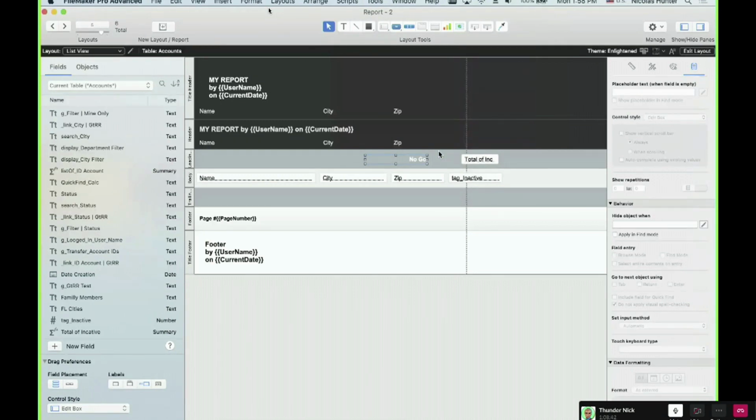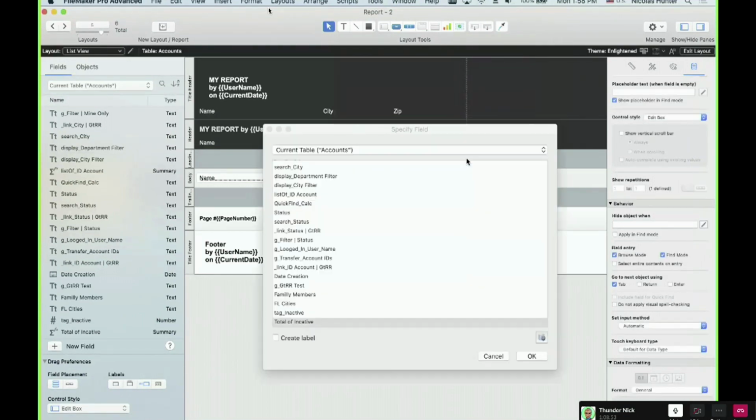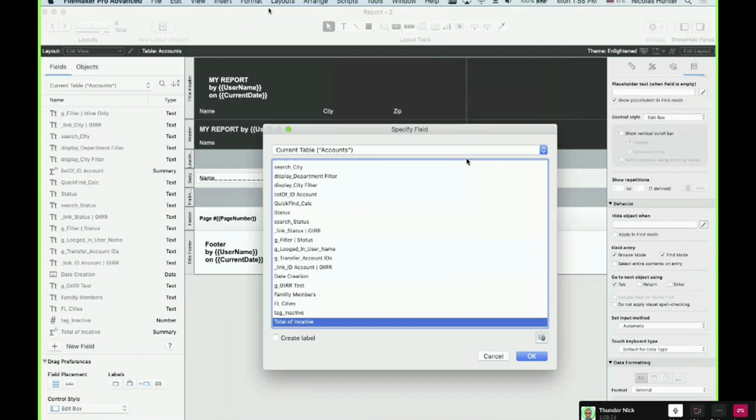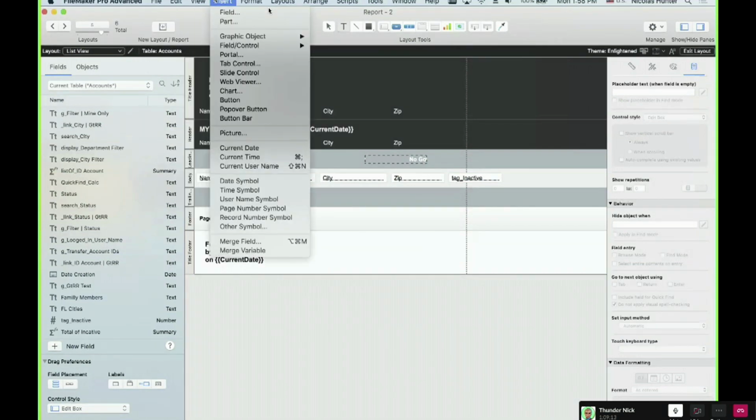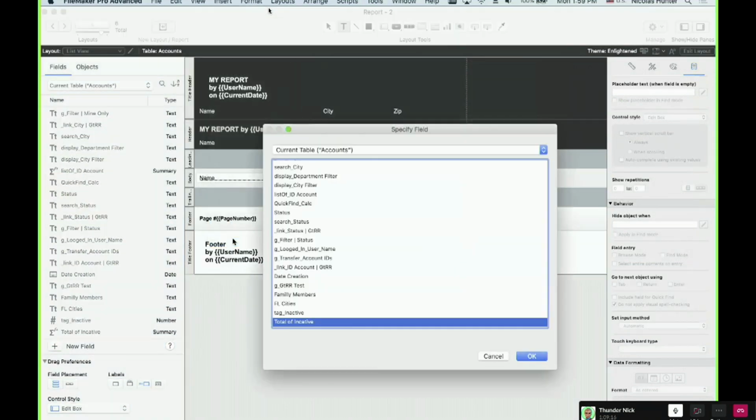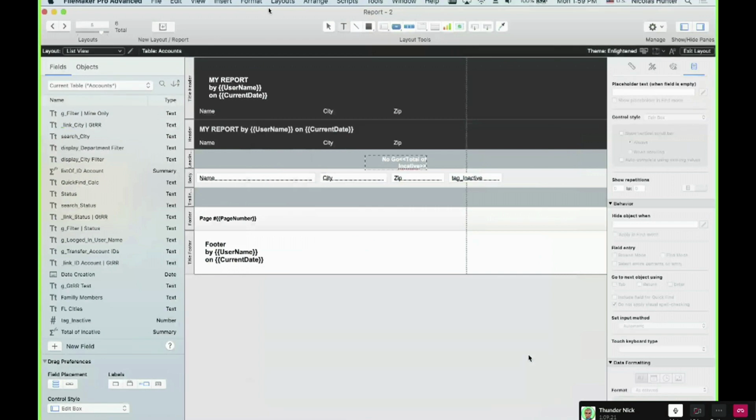Remember, I had a trick that I showed you many times ago, how to transform this field into a merge field. You double click on the field to specify the field, and then you click OK. That means you specify the field with itself. Now you delete this field, and now you go there and merge fields, and look what happened. Bam! It arrives directly at the field you just left.